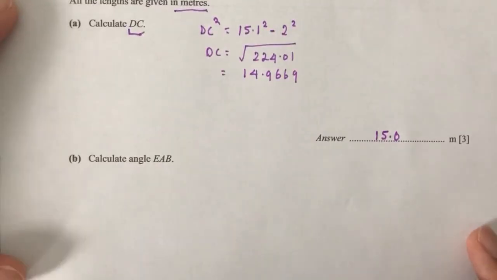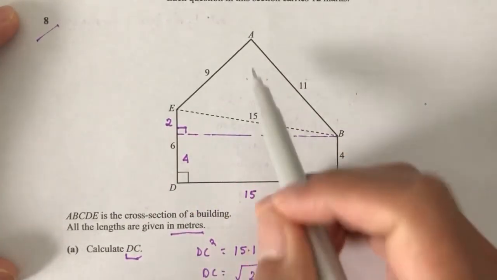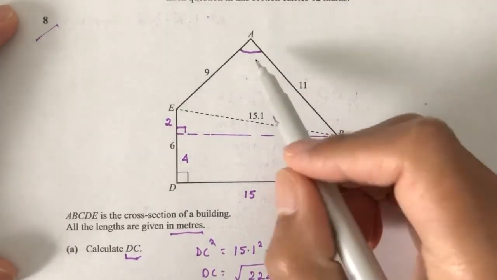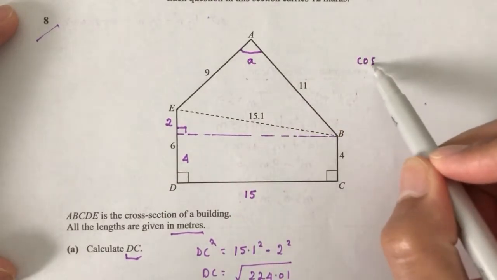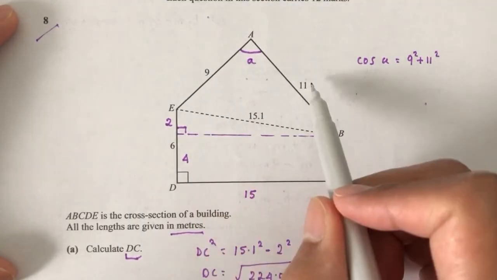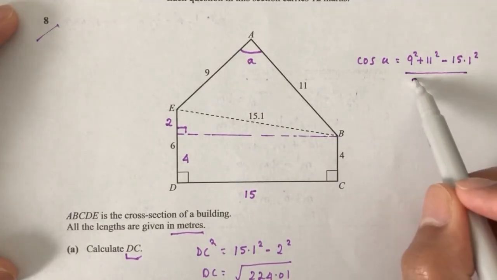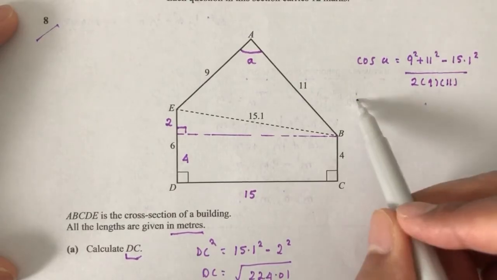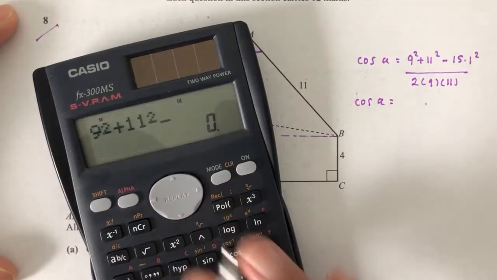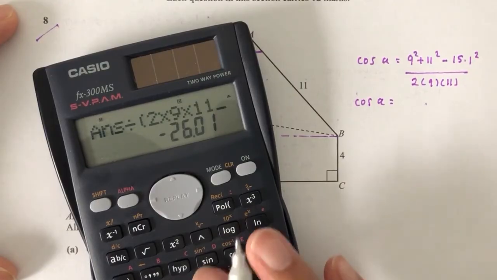Now moving on to part B, find the angle EAB. So where's that? EAB, this angle. So for this one we have to use the cosine rule. So what do we know? Let's call this angle small a. So cos of small a is equal to 9 square plus 11 square, there's two sides, minus 15.1 square divided by 2 times 9 times 11. So cos A is equal to what? Let's replace 9 square plus 11 square minus 15.1 square divided by 2 times 9 times 11